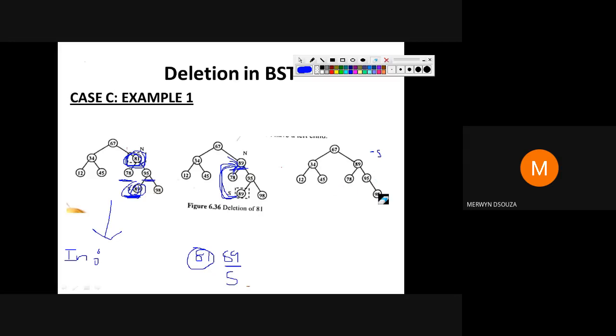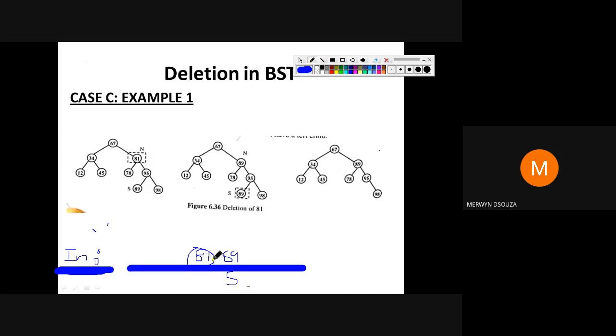So if I want to delete 81, in short, to summarize, the first step you have to do is find the in order successor of 81. So to find the in order successor, what you will do? You will do in order traversal. When you do in order traversal, obviously you will get some numbers like this. Whatever number follows this 81, that number is the successor.